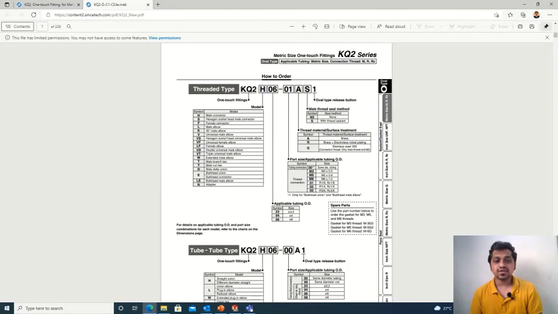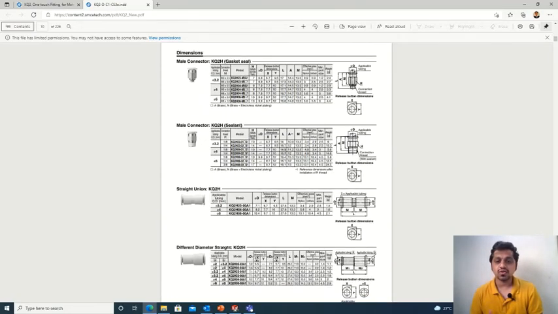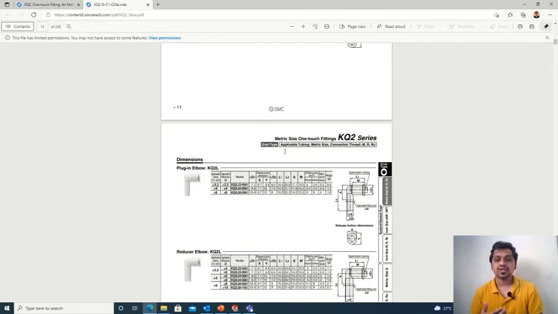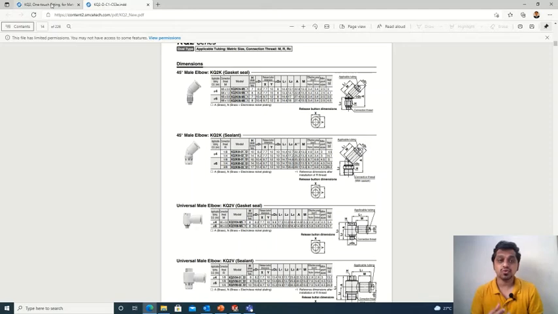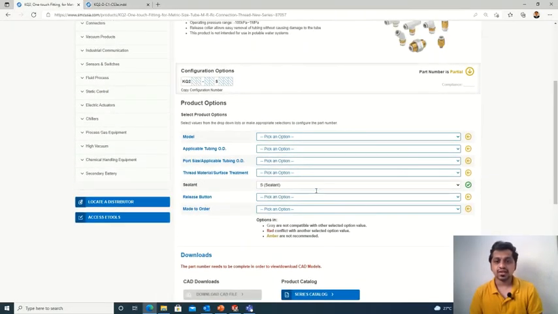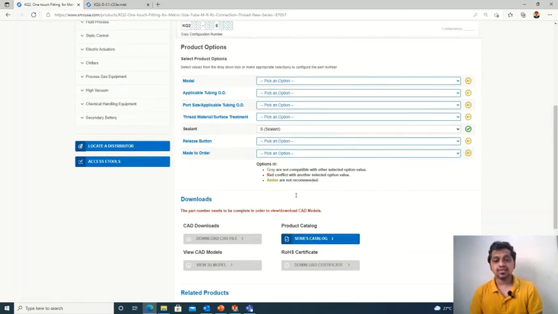What the different options available are, you can see here, and you can read all these specifications so that you can properly input the codes here. And finally you can select all these options and they will get converted into a green tick and your part number will be ready. So this is how you can download then a 3D file.